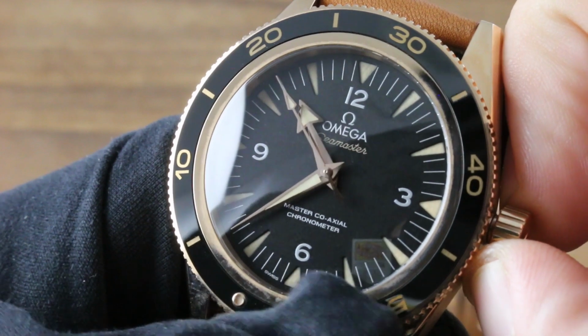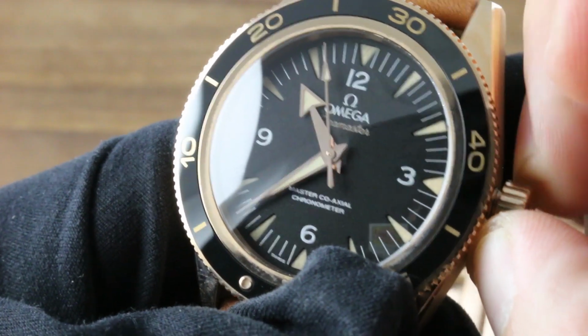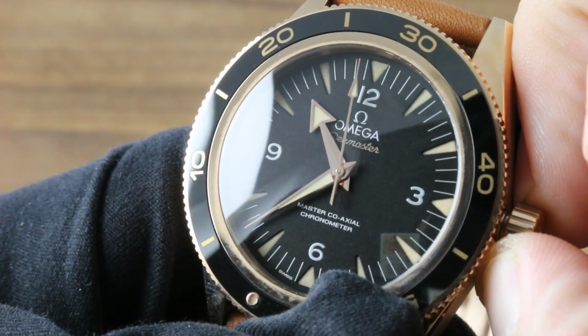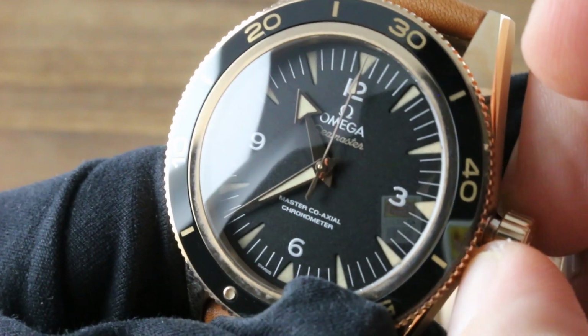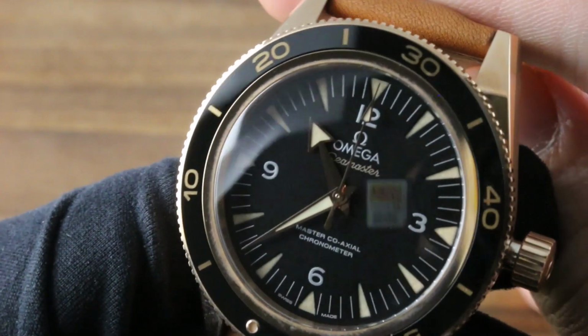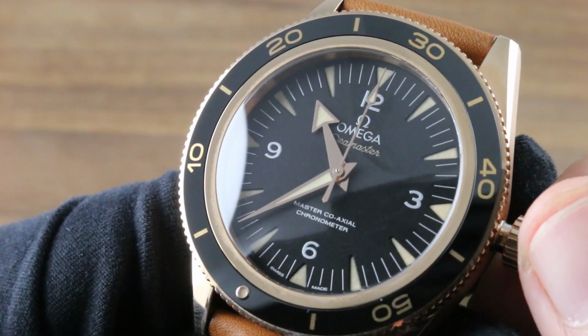There are two subsidiary time setting modes for precisely setting time on your watch. We're going to talk about the first, which is hacking or stop seconds. You pull the crown to its second detent, and this is best done when the seconds hand is at the index at 12, and what you want to do is stop the seconds hand at the index at 12, then